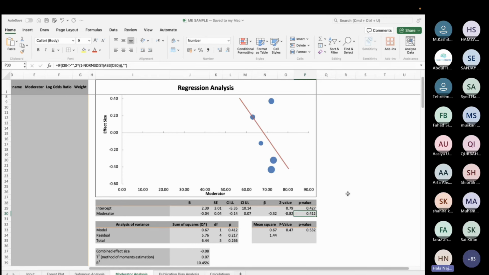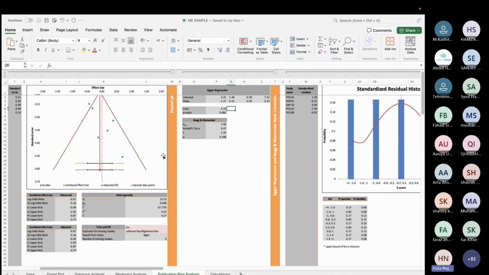Yes, we frequently do age and gender because these are the most available ones in every study. Sahil, I told you earlier as well, we generally do it for age and gender because these are the commonly available ones, but you can do it for any variables that you want. For example, dosage भी हो सकती है, number of patients who have diabetes भी हो सकता है, hypertension भी हो सकता है, smoking भी हो सकता है, etc. There are lots of variables. It can vary based on your studies. Okay, now that we're done with this, I just want to show you publication bias का chart so that you guys can interpret it.